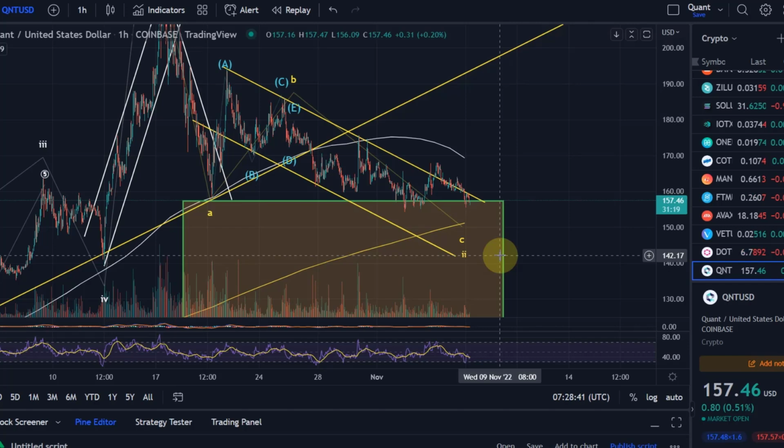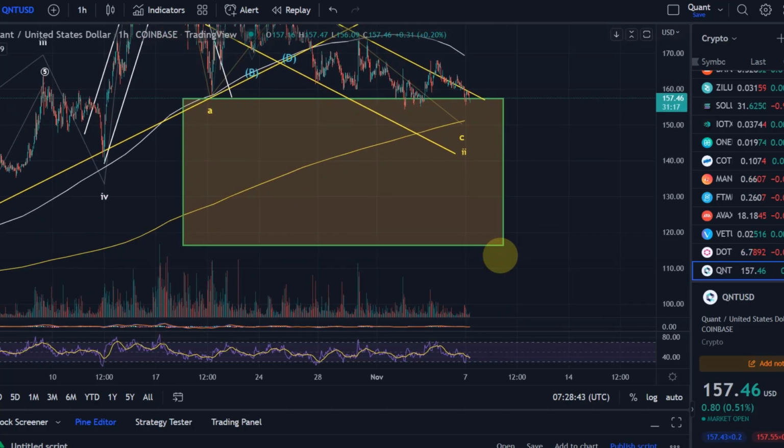And in terms of key support, we've got obviously support here in the green box. This goes all the way down to around 117 US dollars, which is the 78.6% retrace of the wave 1 into the wave 2. Certainly a very relevant support level. In between, we've got the 145, sort of $150 level, which is around the 61.8% fib level. Also, if you take a look at this green box, in there, you can see the yellow line.